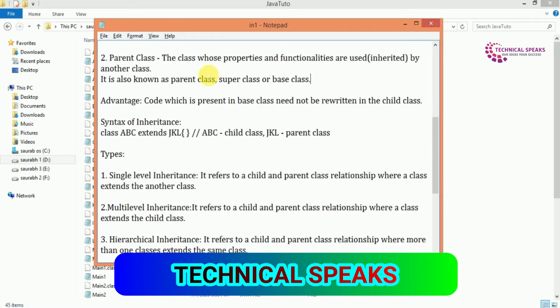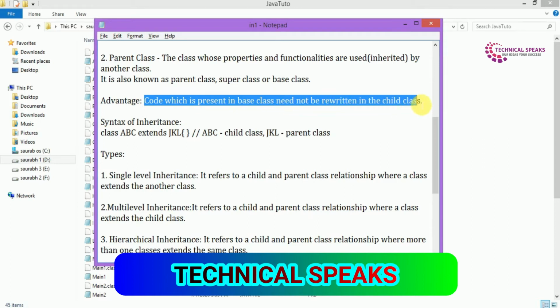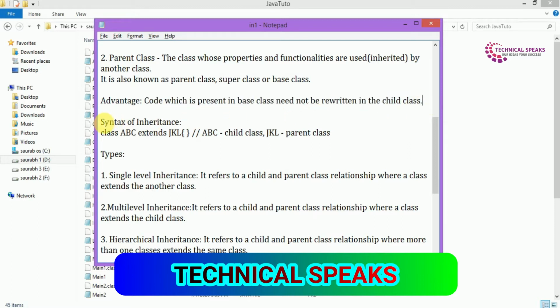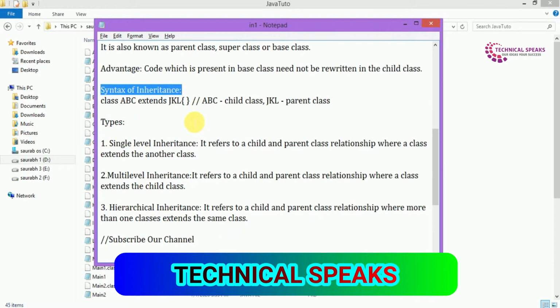The biggest advantage of inheritance is that the code which is already present in the base class need not be rewritten in the child class. Next we have the syntax. What is the syntax of inheritance in Java? To inherit a class we use the extends keyword in Java.